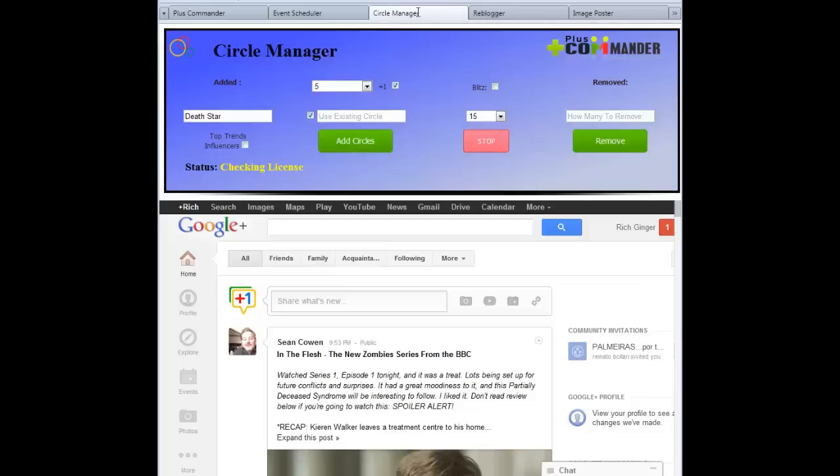Now what this is going to do is search Death Star, find a bunch of users related to Death Star, filter them by my blacklist, and then create a circle called Death Star and put them in there. Now you can